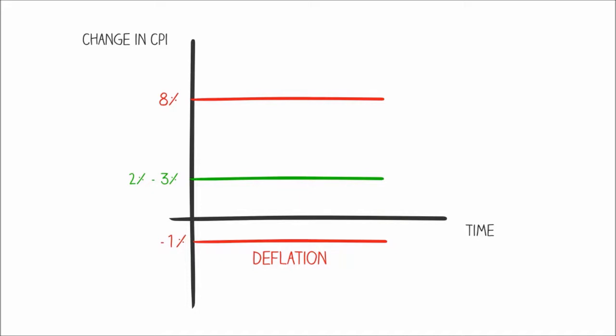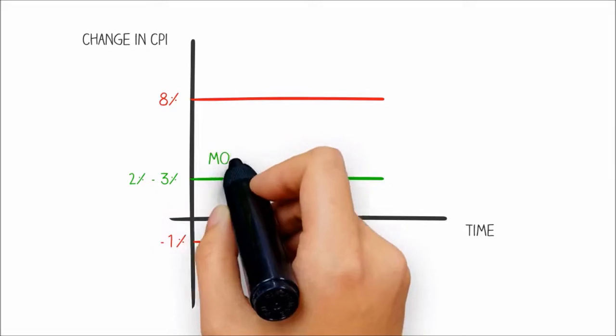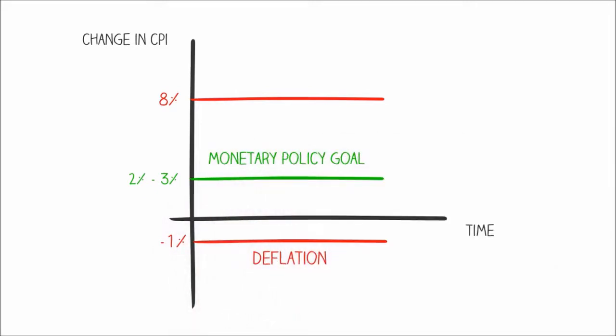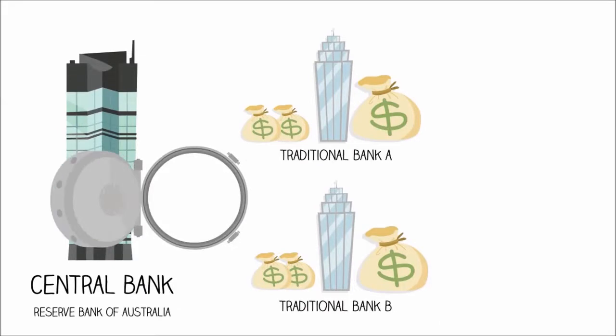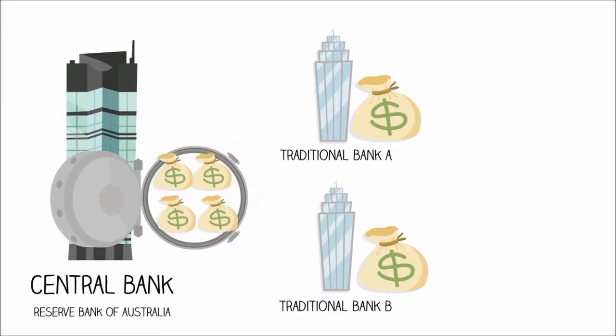So monetary policy is an important tool to manage inflation and ensure that an economy can achieve stable growth over long-term periods. The institution in charge of monetary policy is the Reserve Bank of Australia, which is Australia's central bank. And I'll explain what they do. A central bank is different to a traditional bank because it functions as the bank of banks. So traditional banks by law have to keep a certain percentage of deposits in the country's central bank. This provides insurance in the instance that a traditional bank collapses and helps to reduce the threat that this could have on the entire economy.